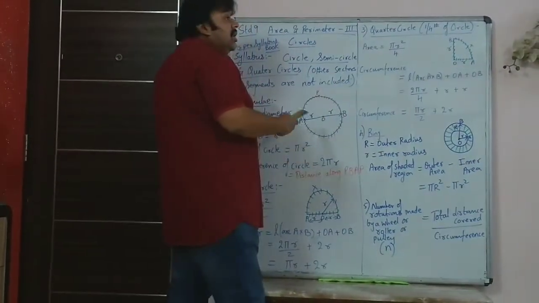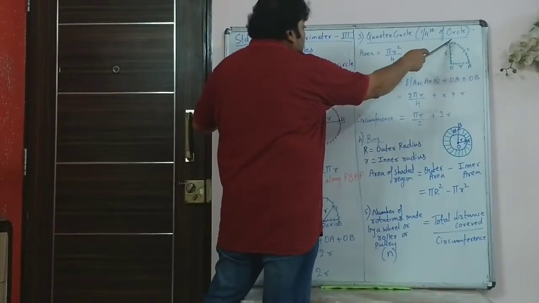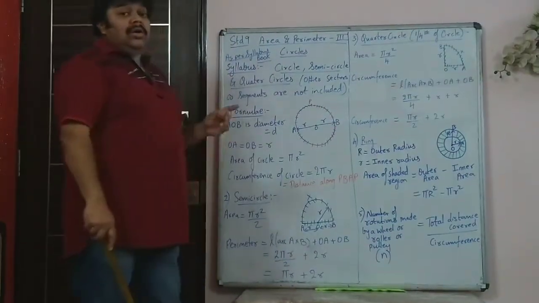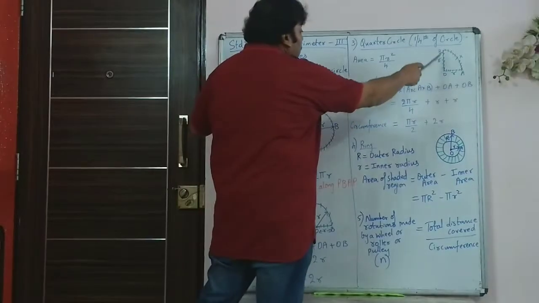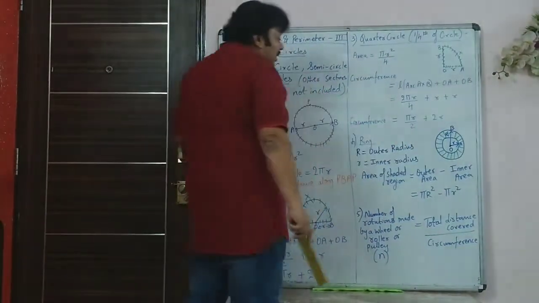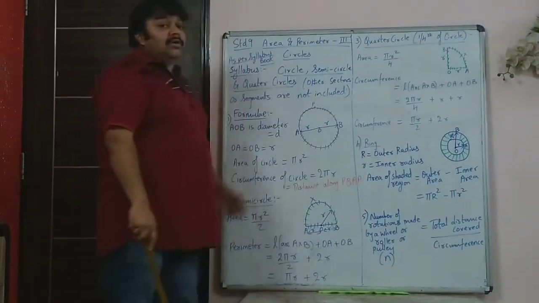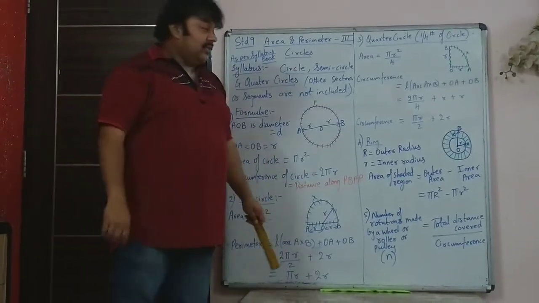So whenever you are doing perimeter, understand one thing, that it is a walk along the border without crossing any road a second time. So B to A, B to O and O to A. So that is a walk along the entire border without crossing the same road two times. So that is the entire circumference. In this case, it can be called the circumference or perimeter. In circle, it is called circumference.